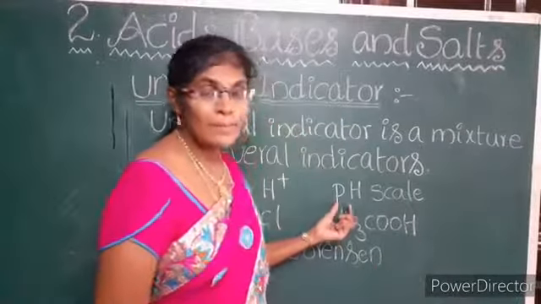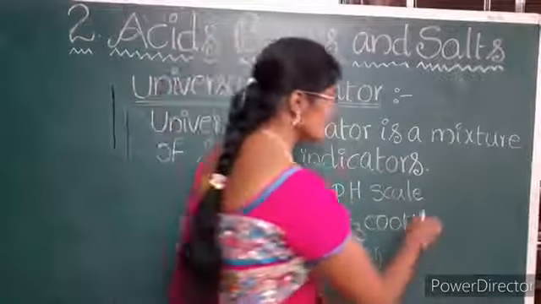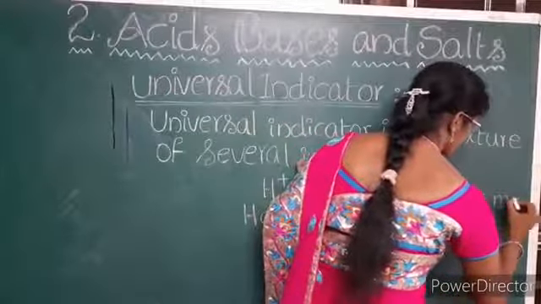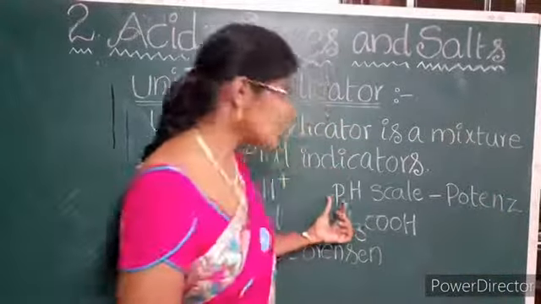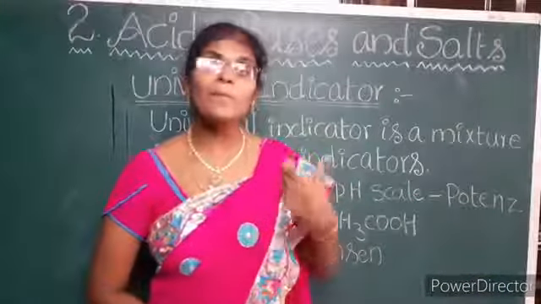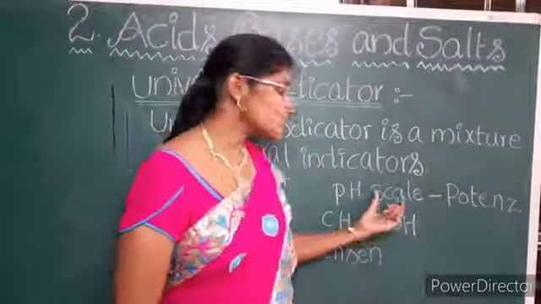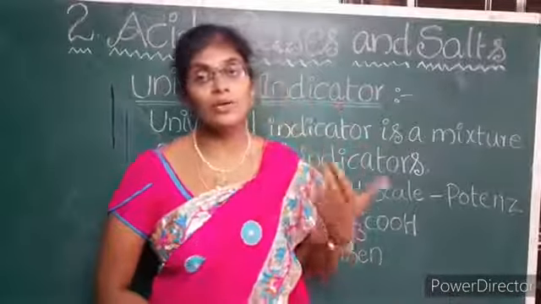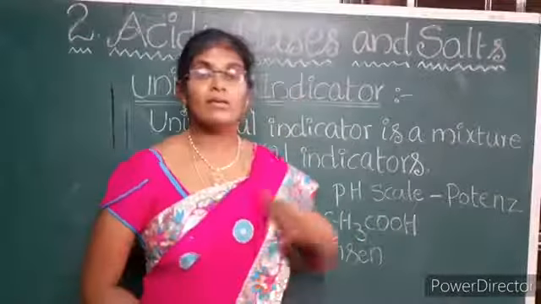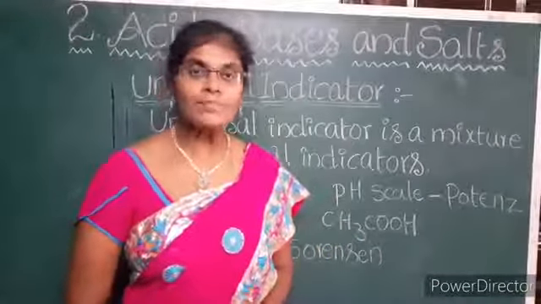The P in pH stands for potens. In German, potens means power. Here the pH scale changes into different colors depending on the power of the ions. Okay. Next,